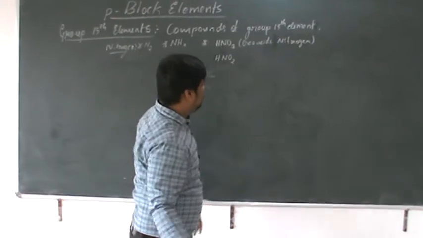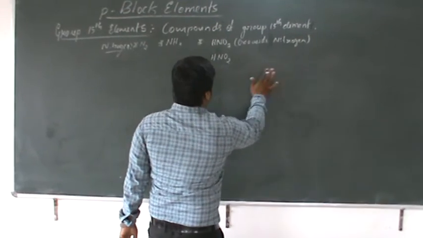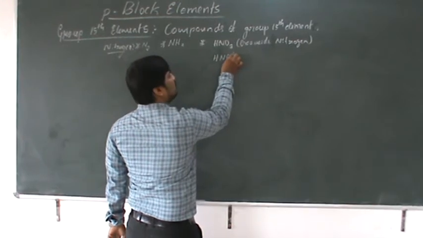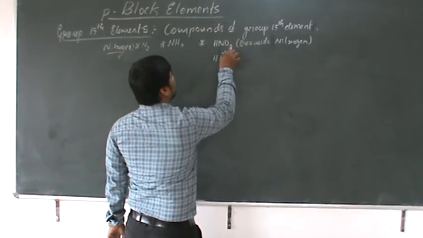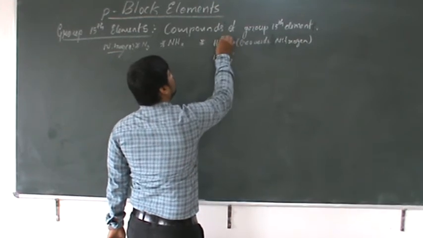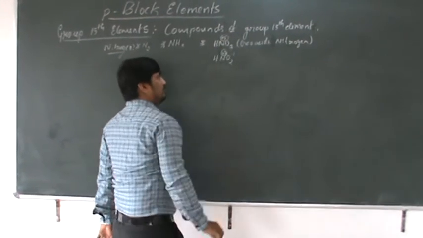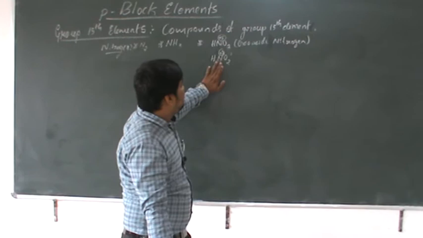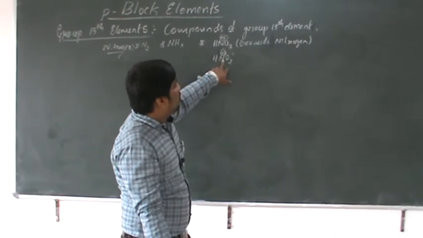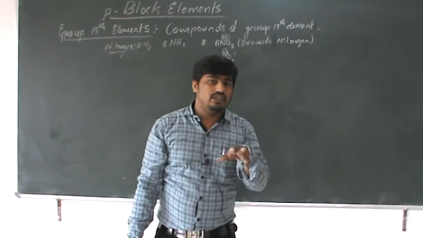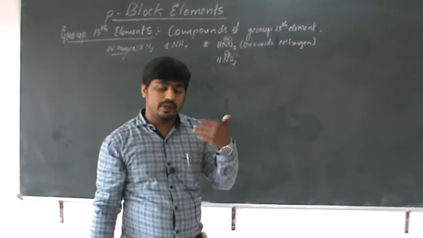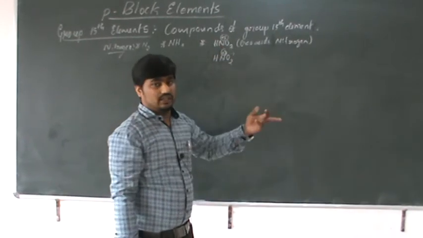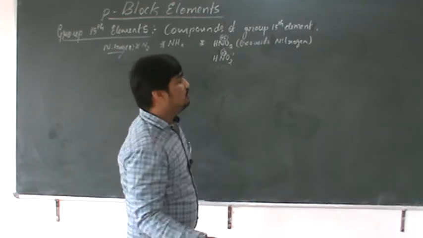Just calculate the oxidation state of nitrogen in both cases. Minus 2 into 2, minus 4, plus 1, so 3. It is plus 3. 3 into 2, 6, plus 1, that is plus 5. Plus 3 and plus 5. Which one is the lower oxidation state? In this case, the oxidation state is lower. The lower oxidation state compound is suffixed as "ous". Therefore, it is nitrous. It is nitric. For the higher oxidation state, we use the suffix "ic".